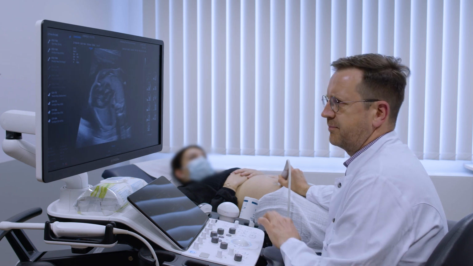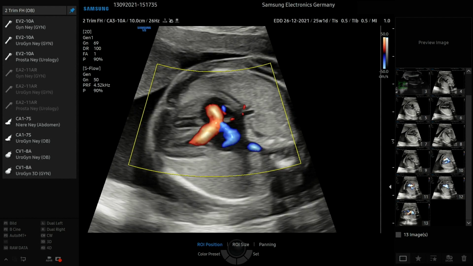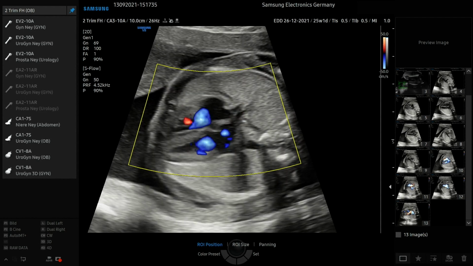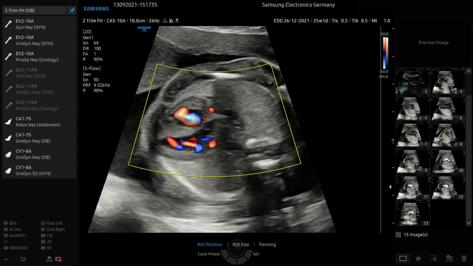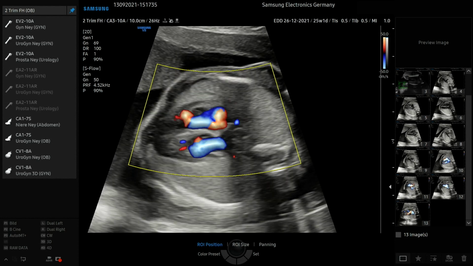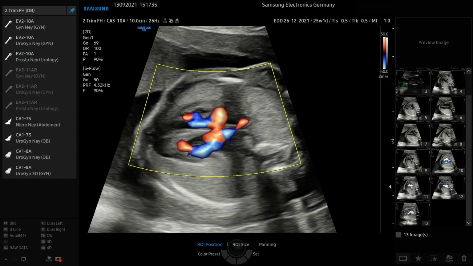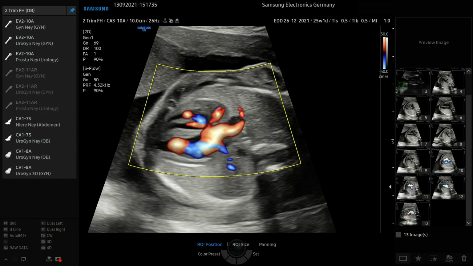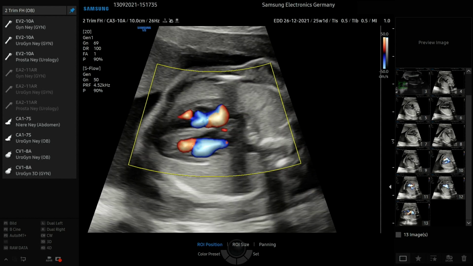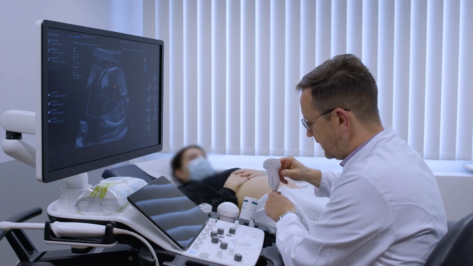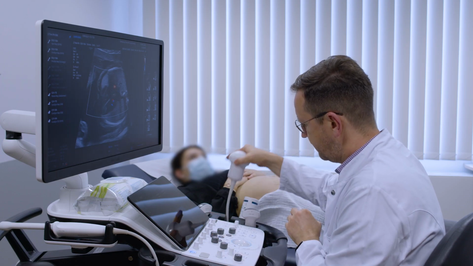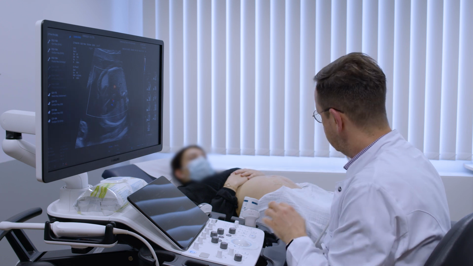So again, pushing on the color, see the nice picture here, and the nicely separated, sharp and crisp color flow here. So we stop here, and I would like to show you another feature of the V8 ultrasound